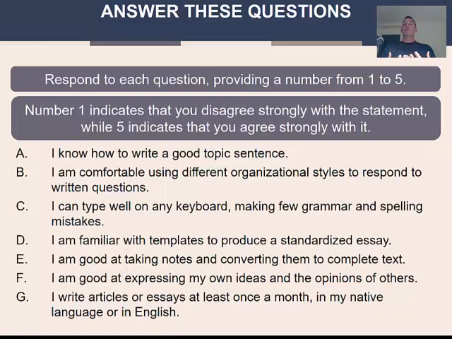Do they feel comfortable expressing their own ideas in text, not just in using the spoken word? And find out how much they write even on a daily basis in their own language. A lot of us don't write very much anymore, and if we do, they tend to be short emails, social media, very short notes, text messages,